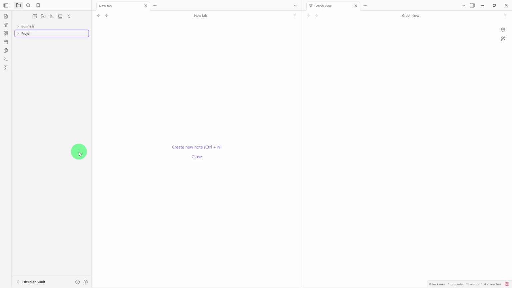Open Obsidian, and if you haven't already, create a vault named something like Business OS. Once you're in, make sure the File Explorer sidebar is visible. If it's hidden, click the folder icon in the left ribbon, or hit Ctrl/Command+Shift+E. Right-click in the empty space of the File Explorer, choose New Folder, and create 3 folders: Business, Projects, and